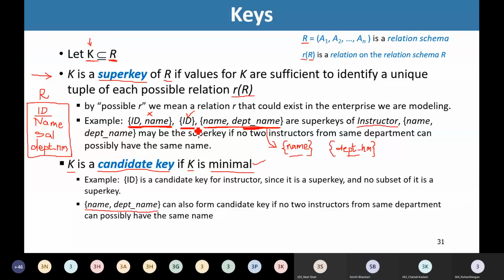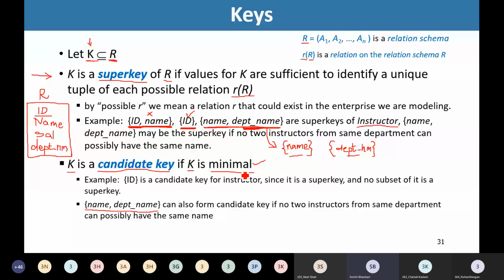Also, I may have more than one candidate key. Please remember, every candidate key is no doubt a super key. The only thing is, given the super keys, we should be able to identify which are the candidate keys. And how do we identify a candidate key? A candidate key is a super key for which there is no subset that is also a super key. If this is the case, then we say that it is a candidate key.